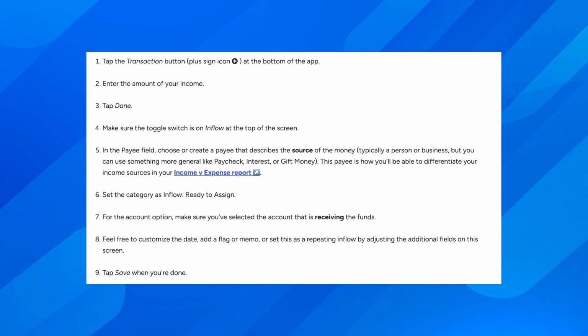So the first step is to tap the transaction button at the bottom of the app and then enter the amount of your income, then tap done. You'll have to make sure the toggle switch is on inflow at the top of the screen,